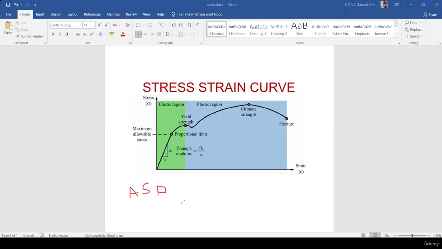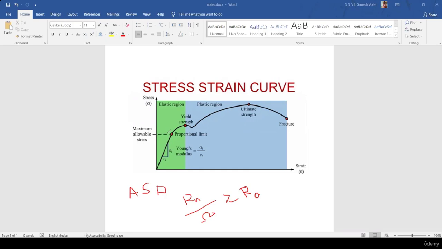So what is the equation for ASD? Rn by omega should be greater than or equal to Ra, nothing but the required strength in allowable stress design, right? In the stress strain curve, the stress will be along the y-axis and strain will be along the x-axis. I think all of you know about this. There will be some portion,